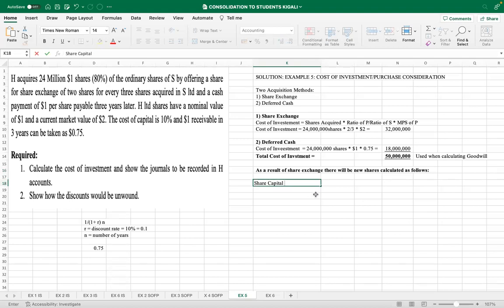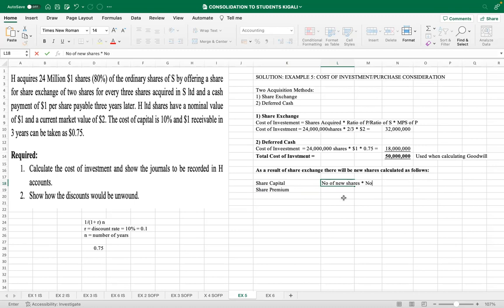This share capital is always the nominal value. Okay, I'll explain it later on. And number 2, there will be share premium. Now, this share capital, how do we calculate it? It is the number of new shares times